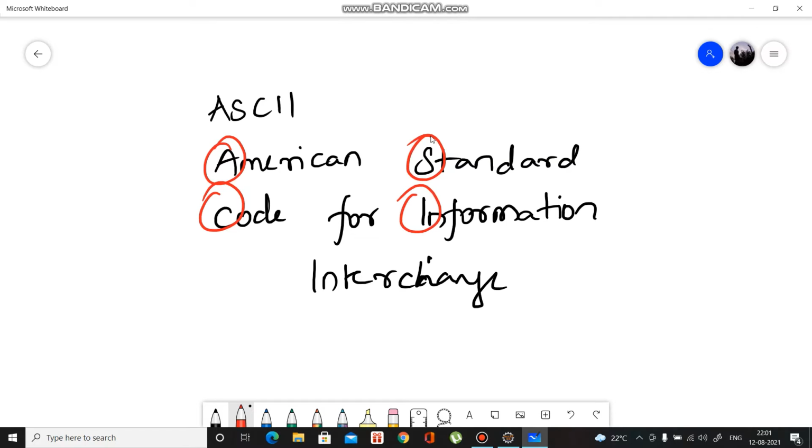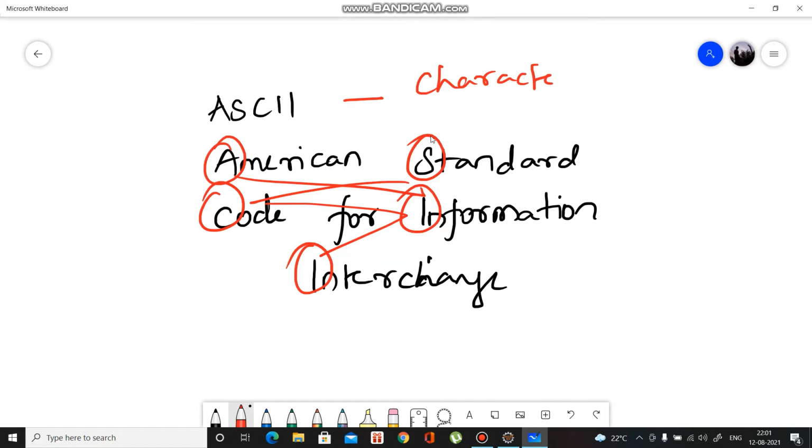This has codes for each and every character. A has a value, B has a value till Z, and even small a. Every character has a value.